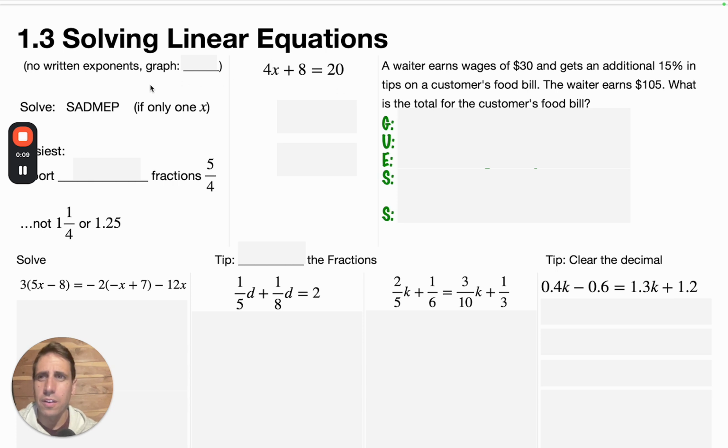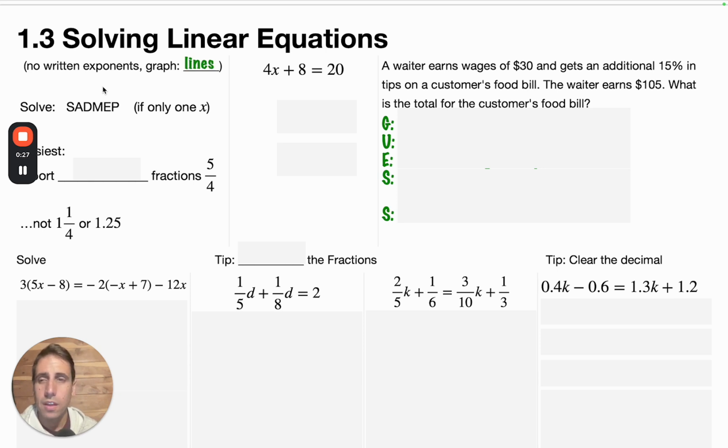Here we are. What is a linear equation? Well, let's get right to it. Linear equations don't have any exponents, or no written exponents at least. So there's no x squared and there's no y squared and no x to the third. The highest exponent is 1. And when you graph a linear equation, you get a straight